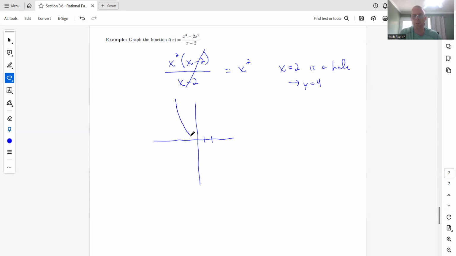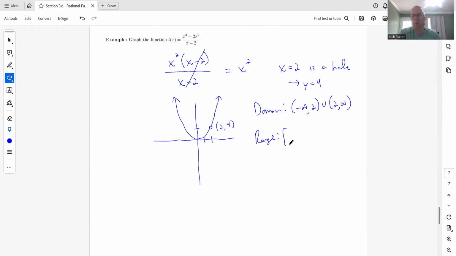And so let's just kind of draw this like that. And there is a hole right there. And we're going to say that that is (2, 4). And it looks like that. Okay, so then if you want the domain and range, we could have done this on the last one as well. But the domain of this is negative infinity to 2, union 2 to infinity. We're just taking out that 2. And then the range,